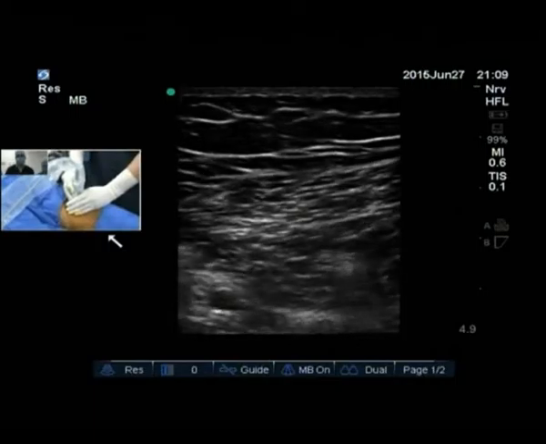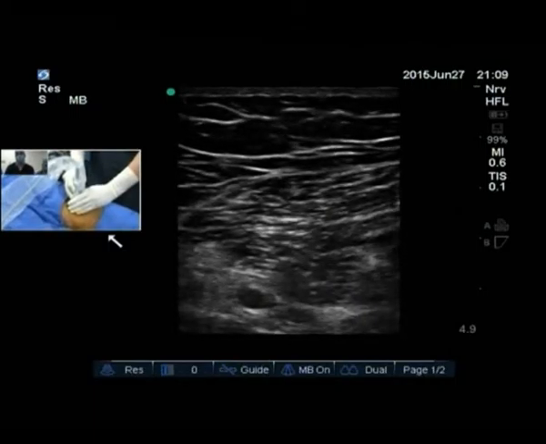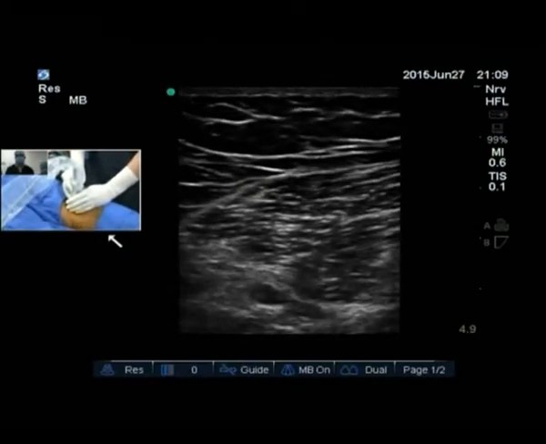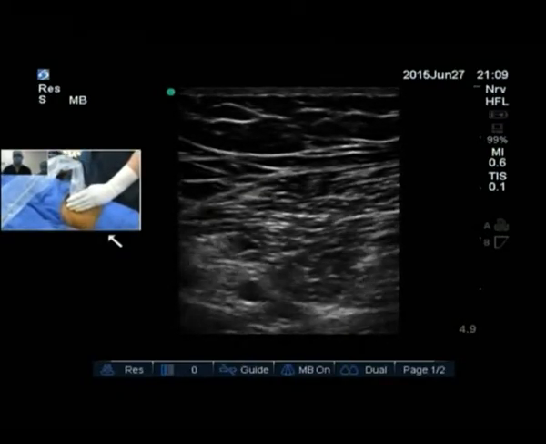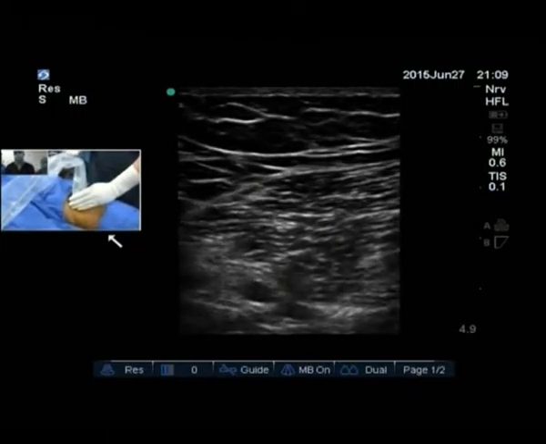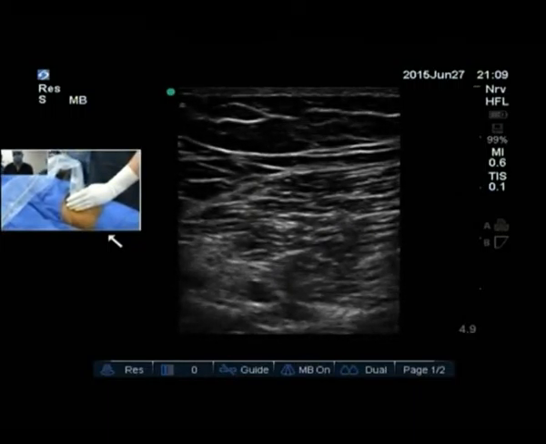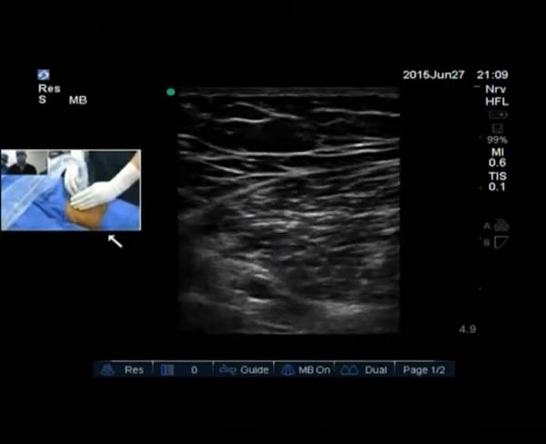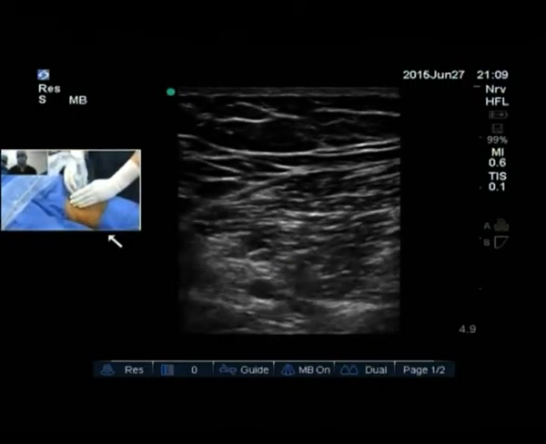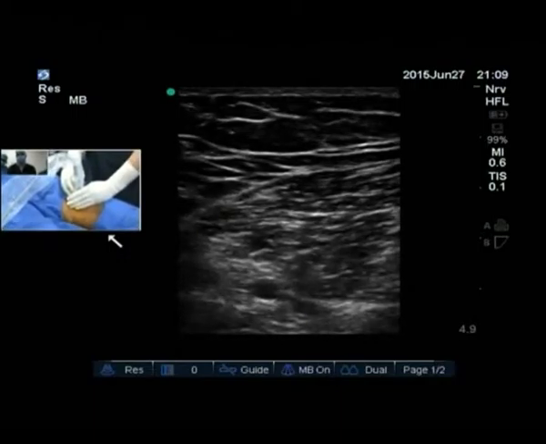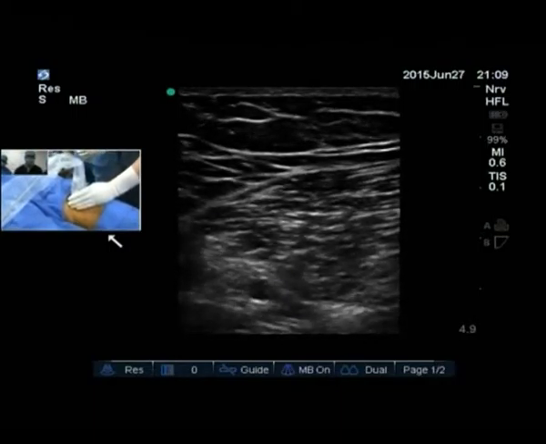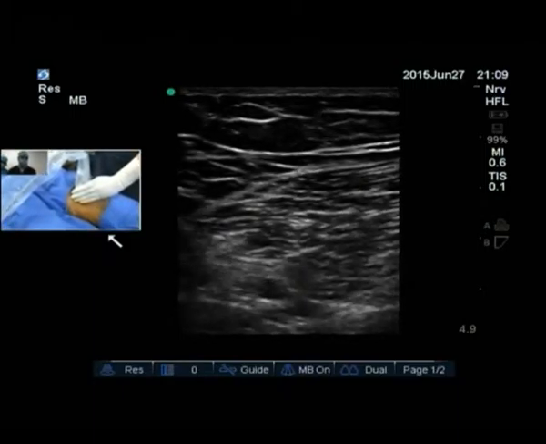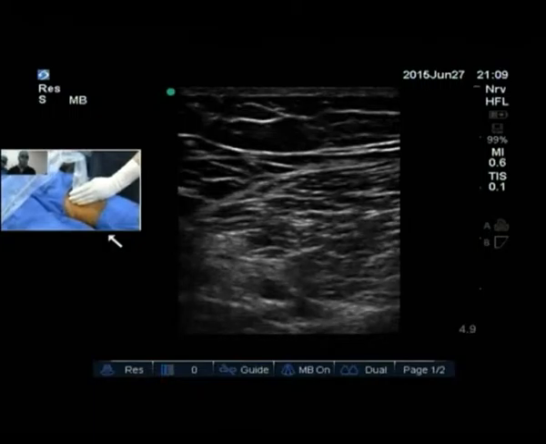Now just lateral to that femoral artery would lie your saphenous nerve, and it's not always easy to pick up the saphenous nerve. As we all know, the saphenous nerve is the continuation of the posterior branch of the femoral nerve, and it is purely sensory. And when you do an adductor canal block, in addition to the saphenous nerve, you also get the posterior branch of the obturator nerve, which is almost totally sensory, and you also get the nerve to vastus medialis, which is